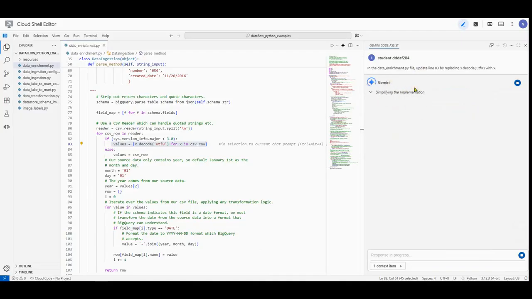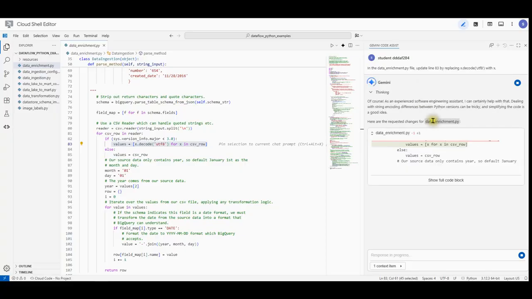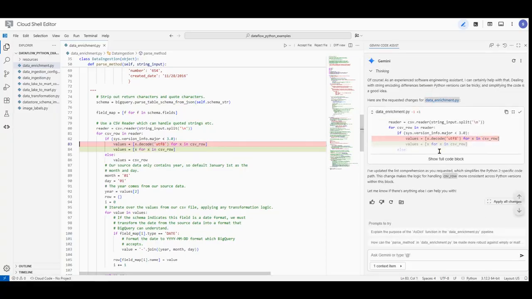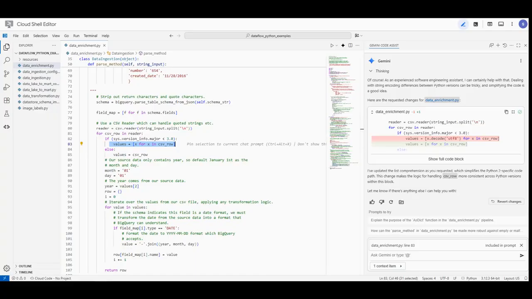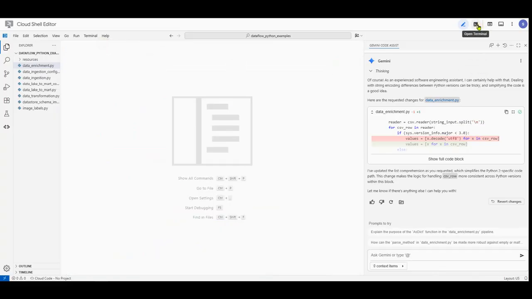So as Gemini is working on the code now, when prompted in the Gemini diff view, you will click on accept. Oh, you just apply the changes. Yep, you can see it's already applied. Right, this is correct. Now we finish, we can save this file, just close it and go back to the